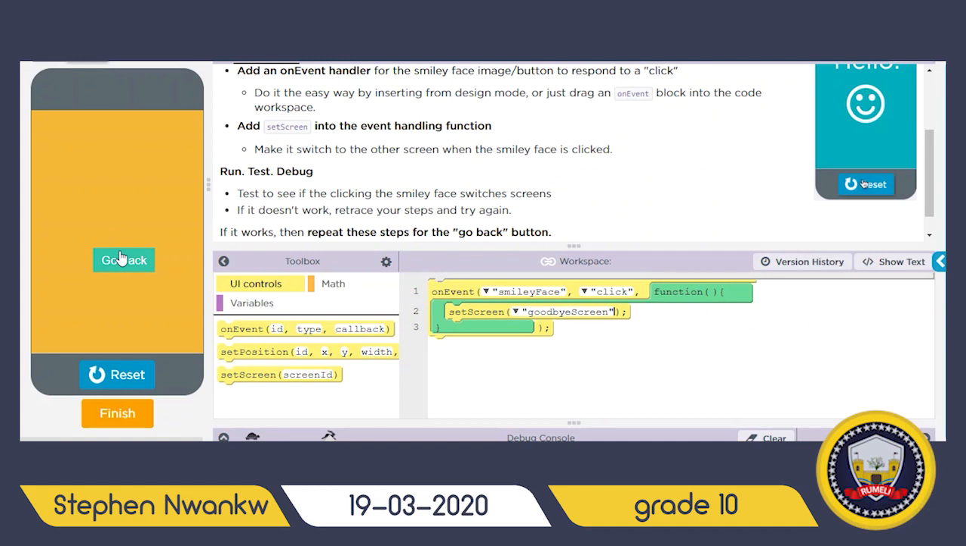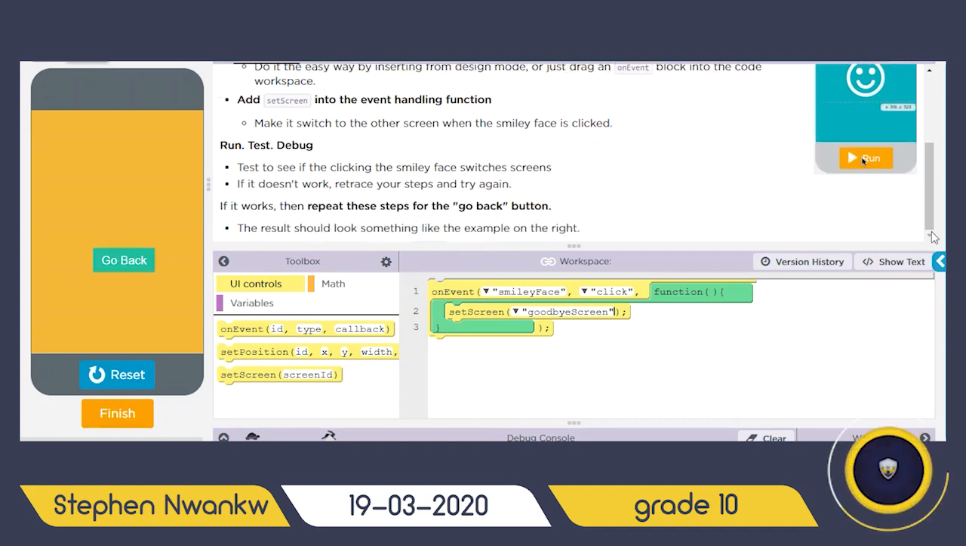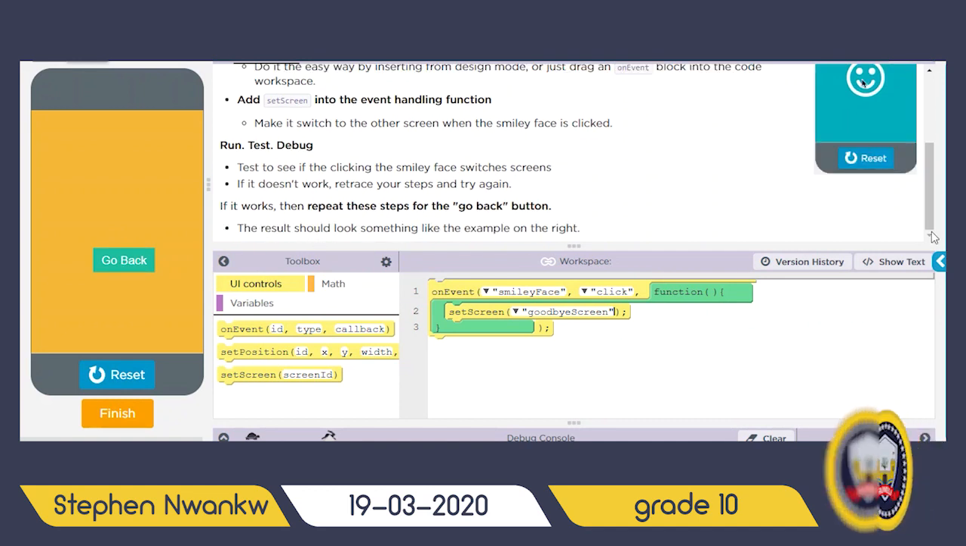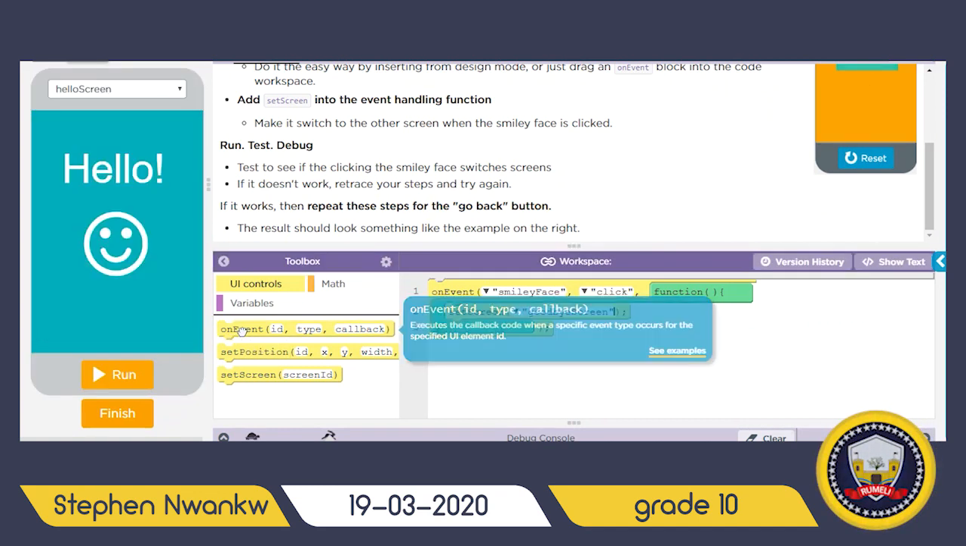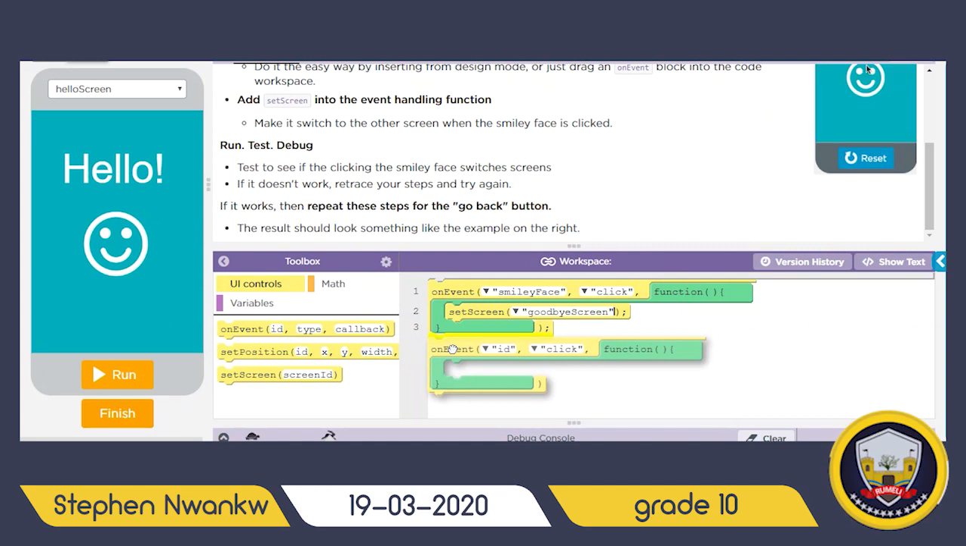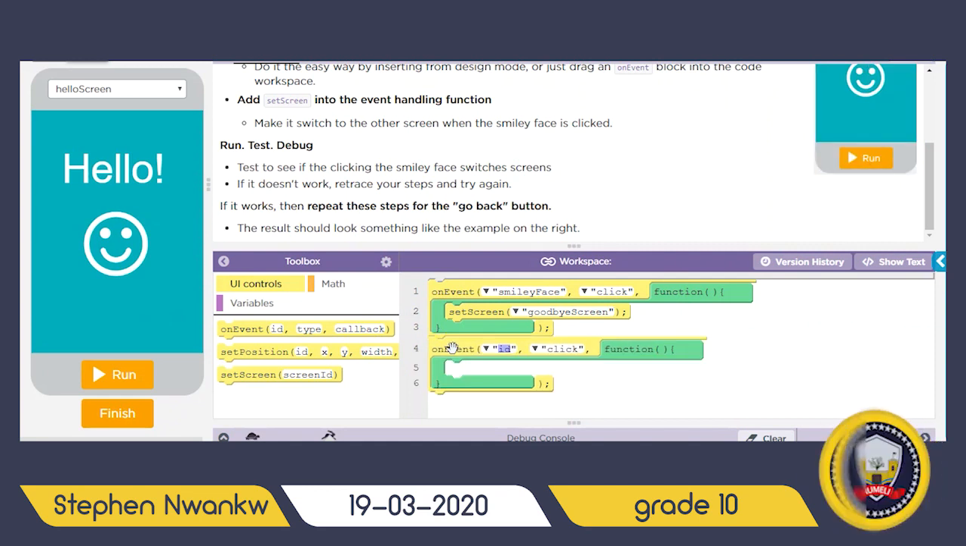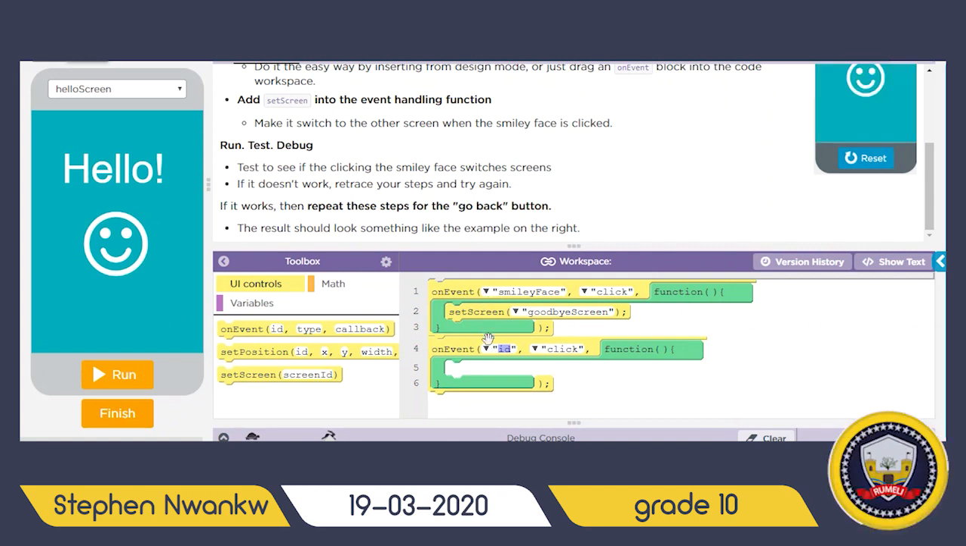It's still there. So let's add another event handler that will make us go back to the hello screen when we click the go back button. So you come over here, you click the reset button and you drag the on event handler into the workspace. So in this handler, the ID is not going to be the smiley face anymore. The ID is going to be the go back button. So you select go back button,